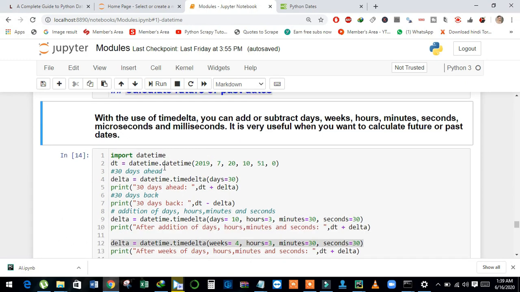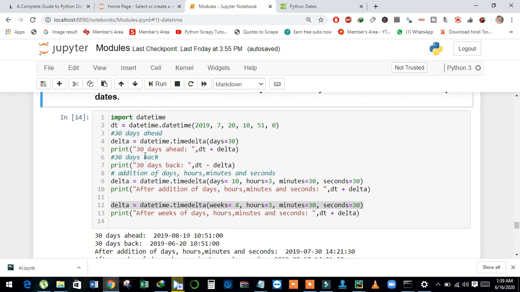And see here, with example we will understand more easily and accurately. And see here, I just imported datetime module, and see here I just created the object of datetime, and then see here this is a class of datetime, and see here these are the values of arguments, and see here it is an object of datetime class.